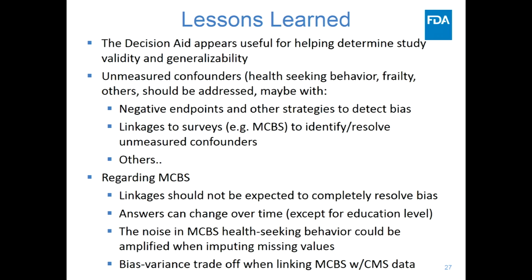As in my discussion with Rich Platt a few minutes ago, he agrees with me, I hope, Rich, I'm not putting words in your mouth, that these inconsistencies, when you use them well, they are information. The fact that I give inconsistent responses to a survey, the same way as by professionals, that is information. So use that information, and we did, I think. There is noise in MCBS because of this and also because of the sample size. And there is a bias-variance trade-off when linking, so you have to accept that.